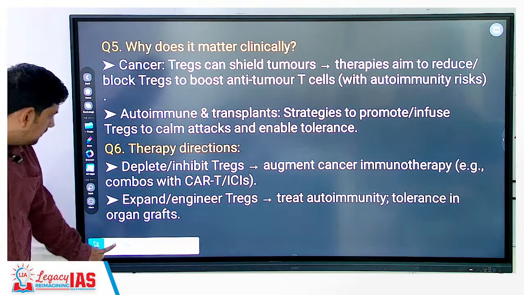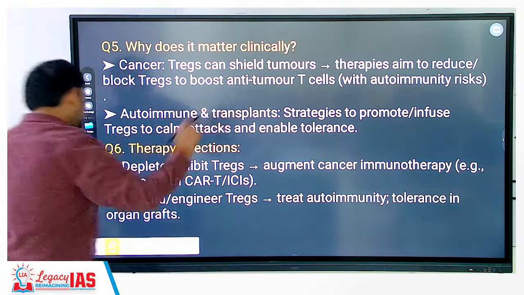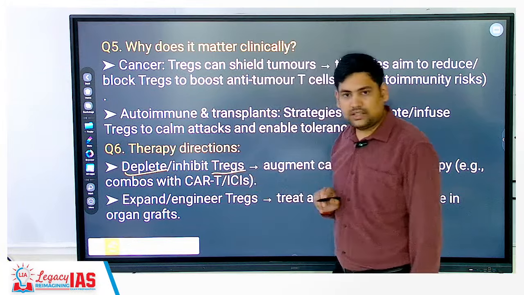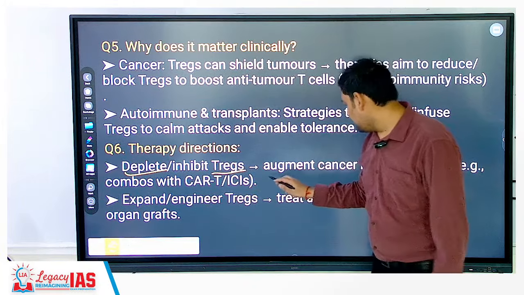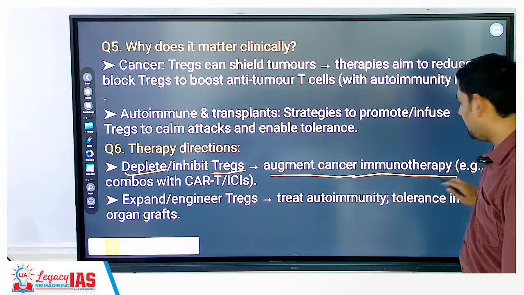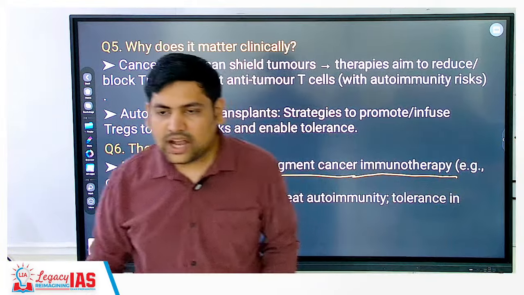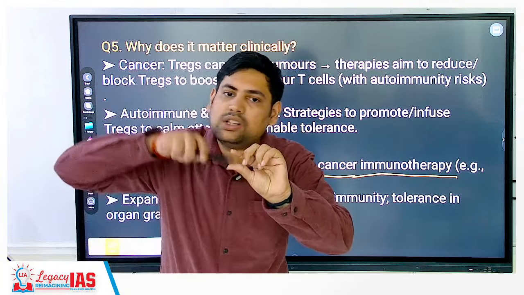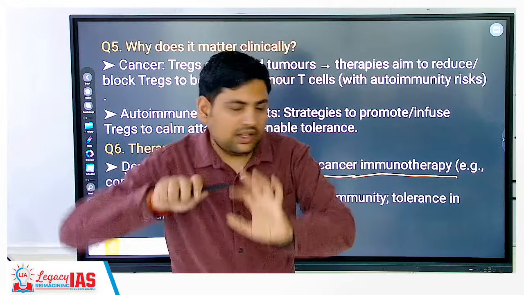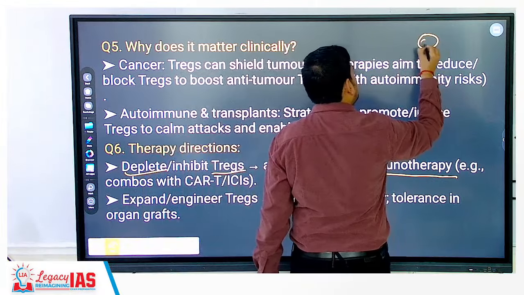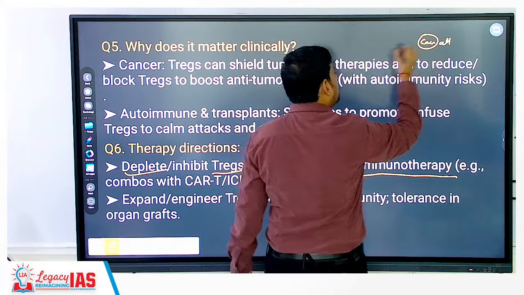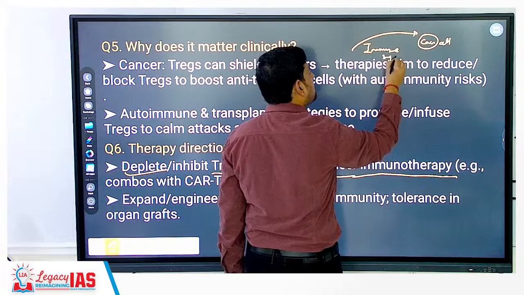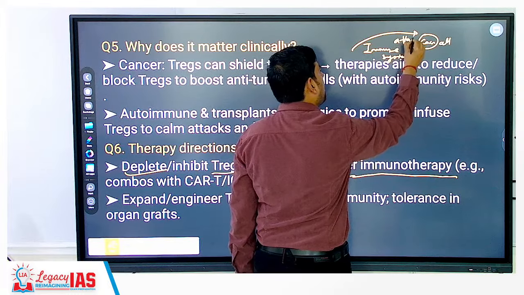Now, see this directly. If I deplete these regulatory T cells, what will happen? Augment cancer immunotherapy. Now, cancer cells are not good cells, correct? So usually your T cells do what? They destroy those cancer cells, correct? So let's say this is a cancer cell. So what does your immune system do? Your immune system attacks it,